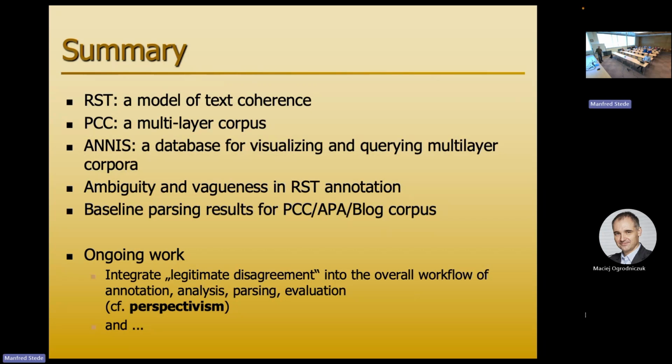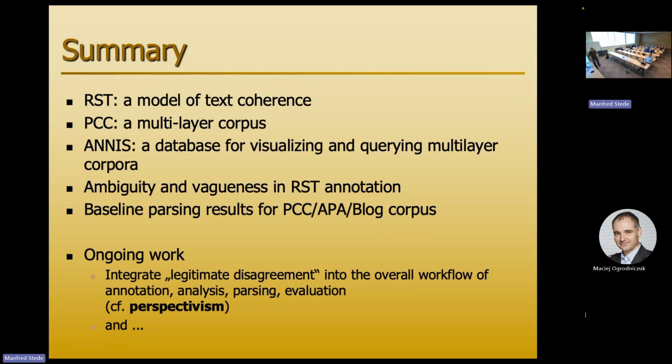Likewise, when doing parsing, if we put vagueness and ambiguity into the annotation, then our parsers need to cope with that. So there are some technical, interesting things coming up, and evaluating no longer means here's my gold standard and here's my precision and recall or kappa value or whatever. It gets more complicated, of course. This is the whole discussion of perspectivism in the field of NLP, which so far hasn't really been applied to discourse structure as far as we know. So our analysis that we recently submitted is a first step in doing this for eRST at least.